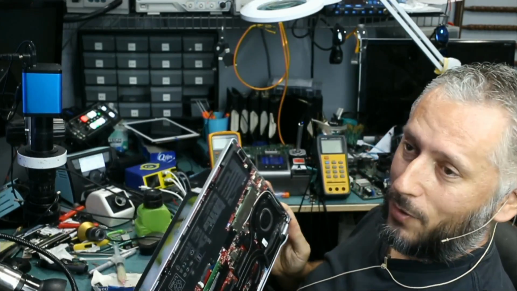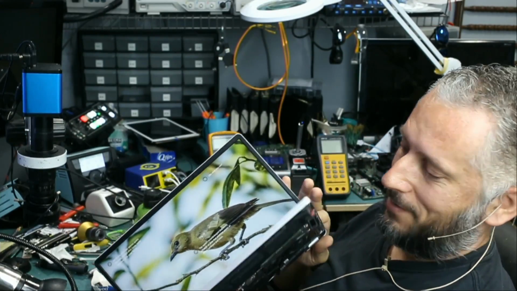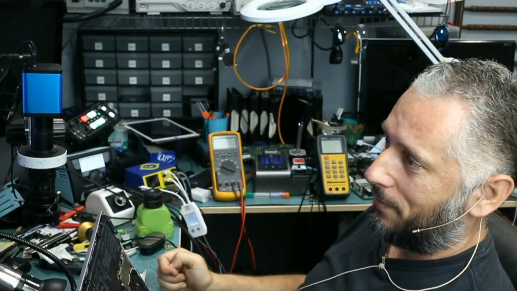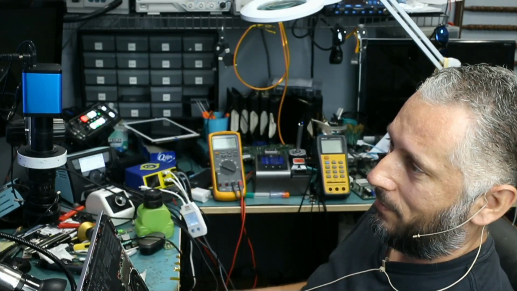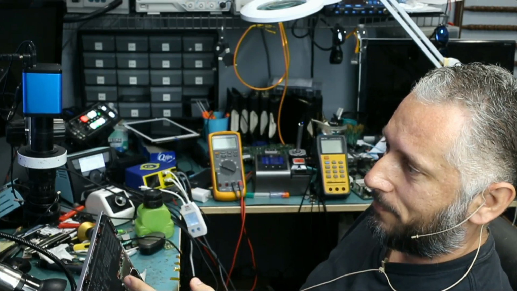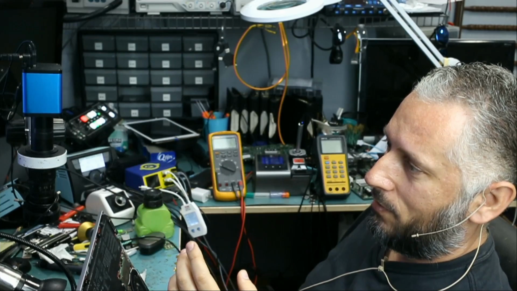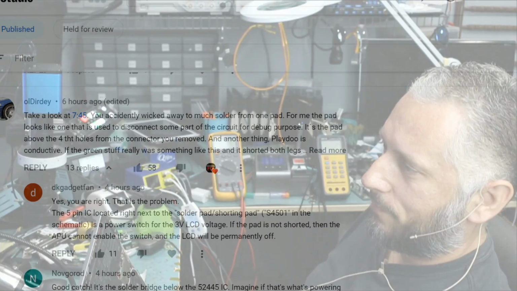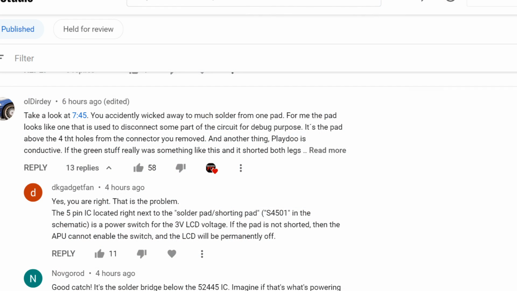Today, I went over the laptop again, and the laptop is fixed. The laptop is fixed because of a comment that I read. So comments do help. I'm going to go over that comment, and I'll show you what went wrong with the laptop when we replaced the charging connector. So we have a comment here by OL Dirty or OI or O1. I do not know why people like to choose difficult names and not easy, easy to remember names. I cannot tell if this is I or L or whatever. But anyway, the viewer left a comment.